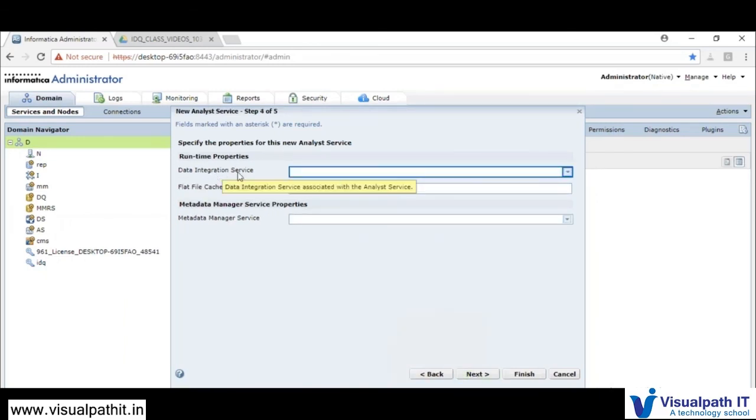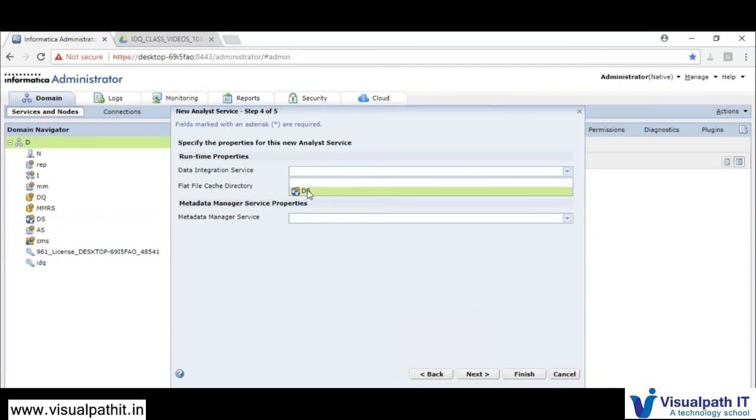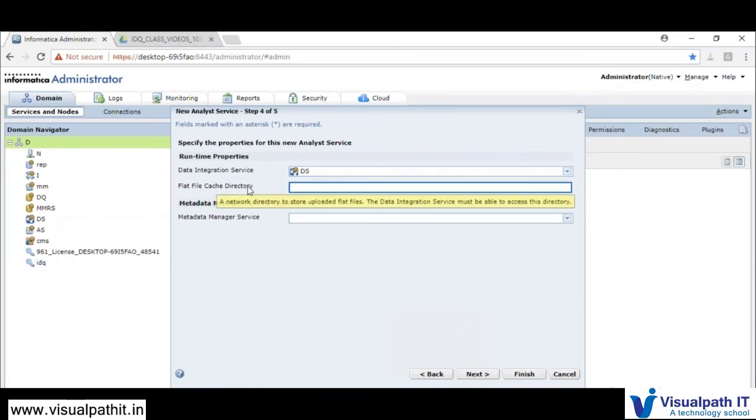And at runtime, which data integration service needs to be picked? Again it is your data integration service. And the flat file cache directory is where the cache is used whenever a flat file is generated at runtime.